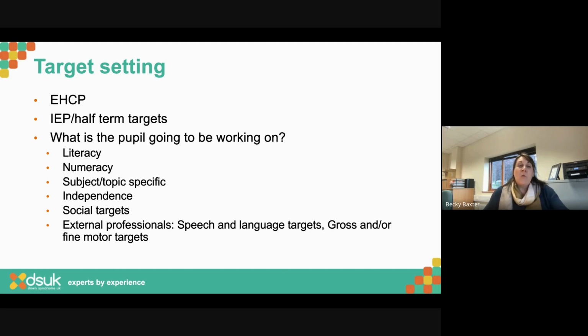But in terms of what we're going to measure has been achieved this half term, there may be need to be a bit more specific, a bit more broken down into steps, which is of course where your IEP targets, if you're still calling them those, or whatever you're calling them now, your half termly targets, come in, where you go, this is what we're going to be working on. And quite often schools will have maybe 6 IEP targets, which is absolutely fine, and you are hopefully going to then see some progress on those 6 things.